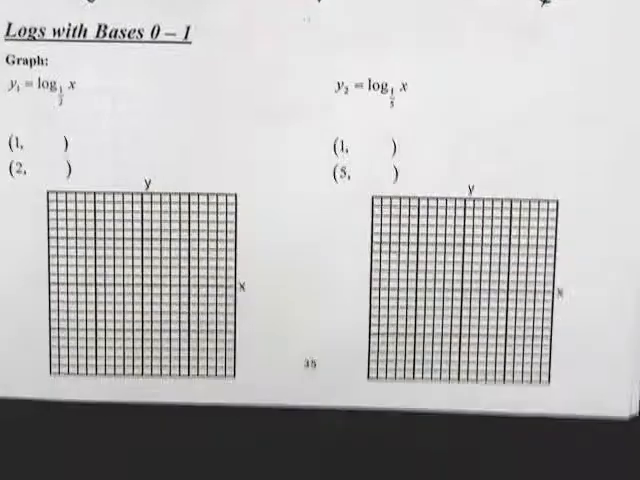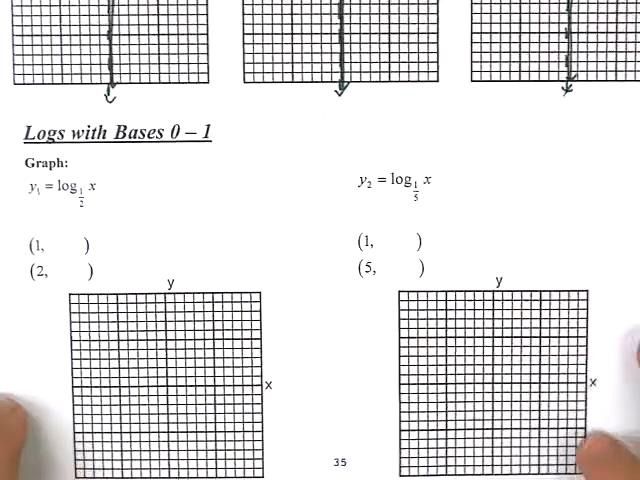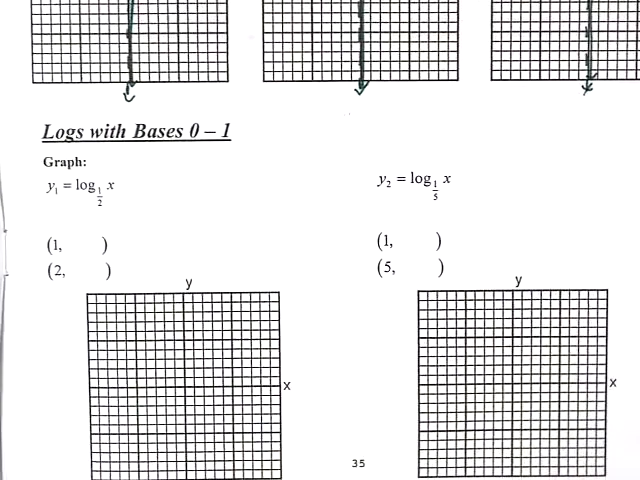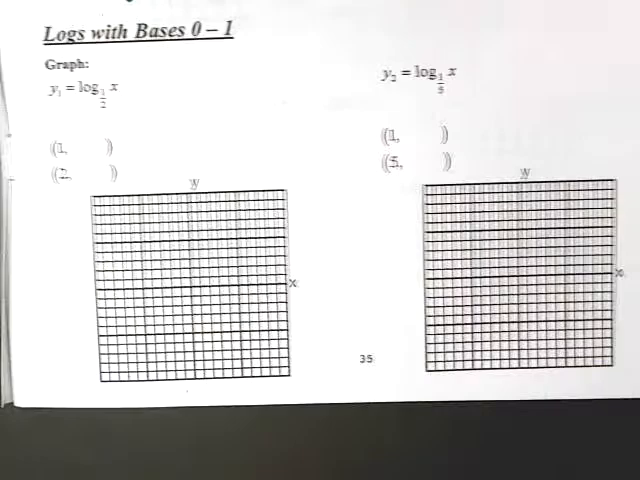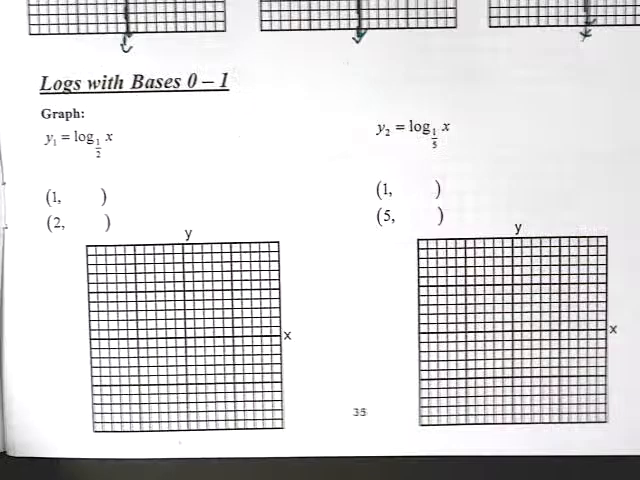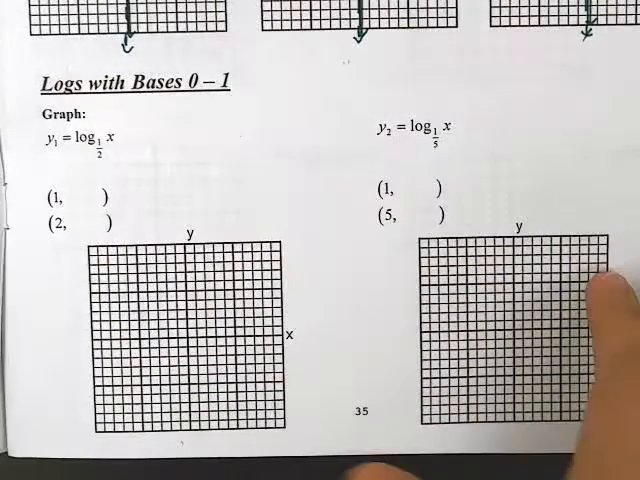All of those logs had base greater than 1. Now let's take a look at some that have base between 0 and 1. I'm going to do the first one with the old method. I'm going to do the second one with the new. I know